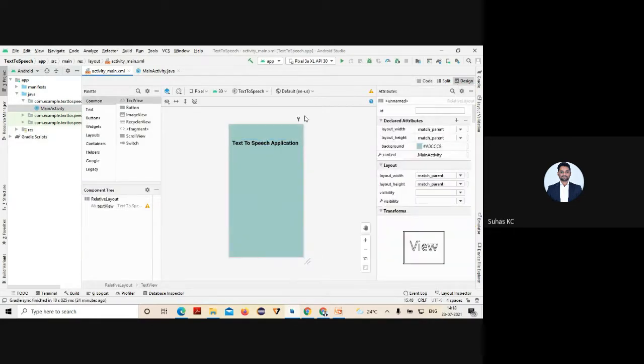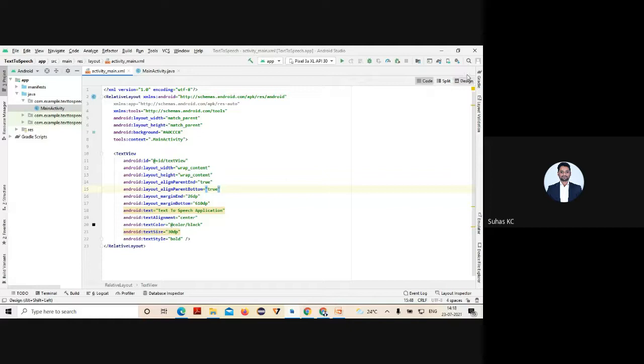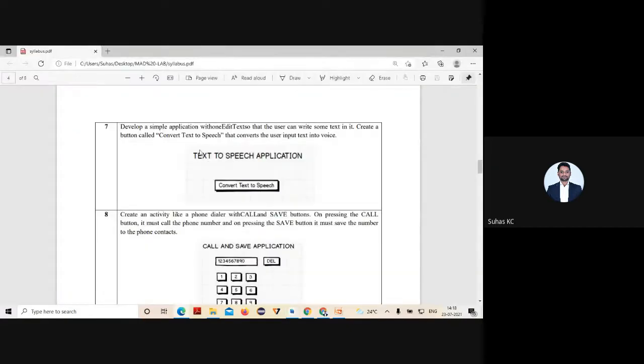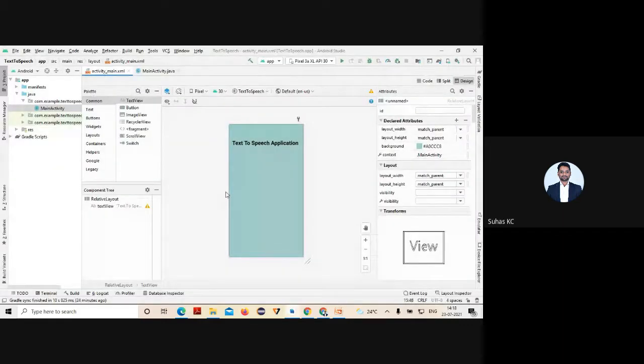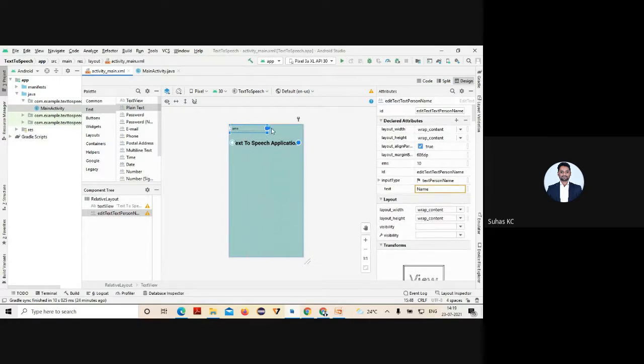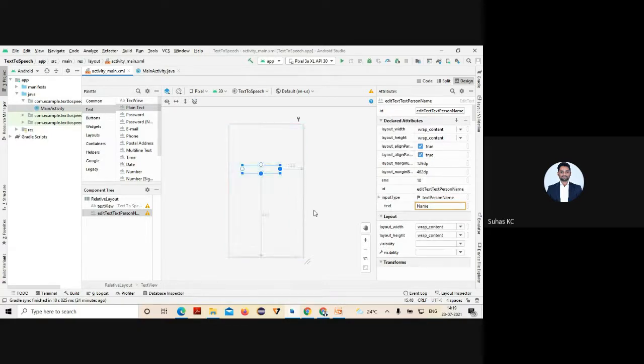What other component do I need? Two main components as per the question: one is edit text to enter the text, and the other is a button. Edit text is nothing but plain text. Just drag and drop that component, then set the y-axis and x-axis to place it anywhere on the screen.